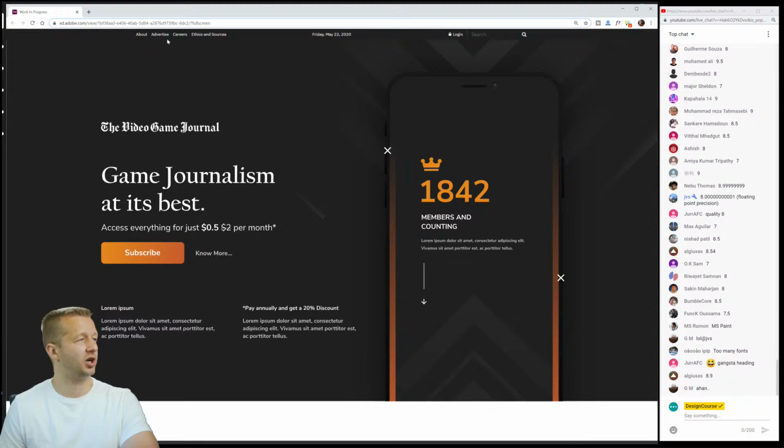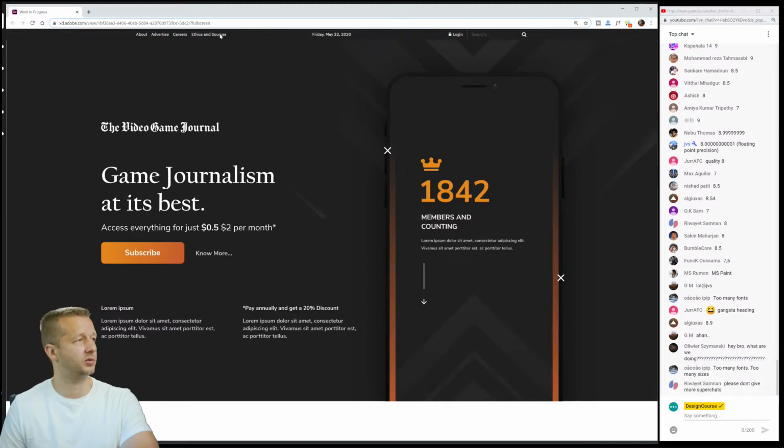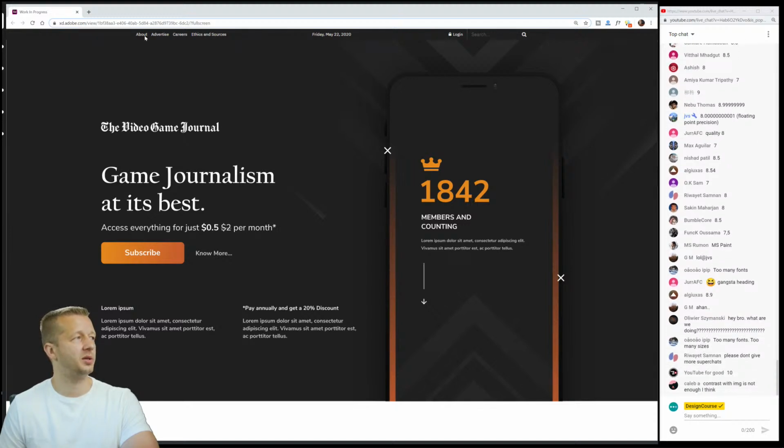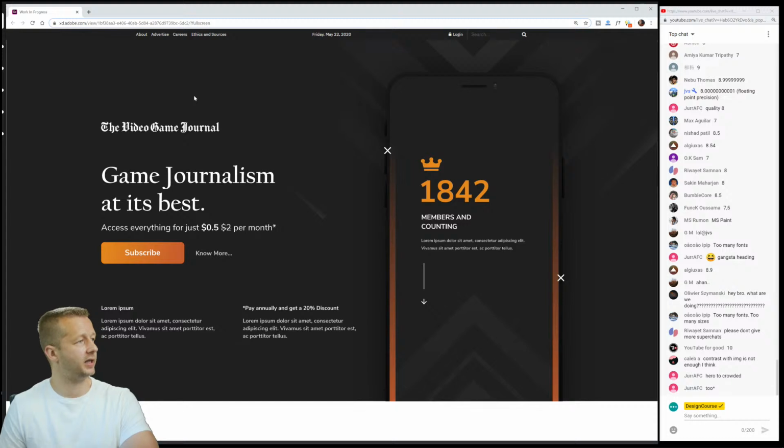all right, so this is strange because it says about advertised careers, ethics and sources. It almost seems like an afterthought. It almost looks like a small Google AdSense banner, like a text banner. So I would probably also left align it to where it starts on this column instead of being inset like that. Outside of that,